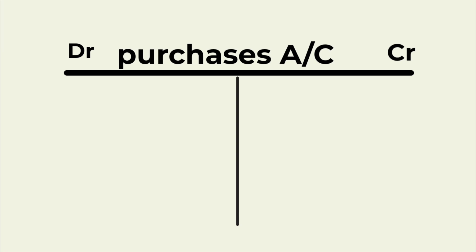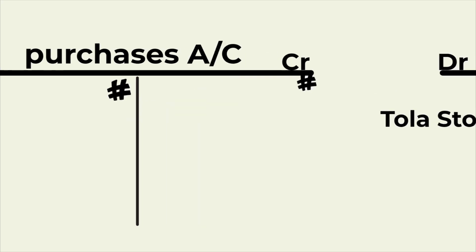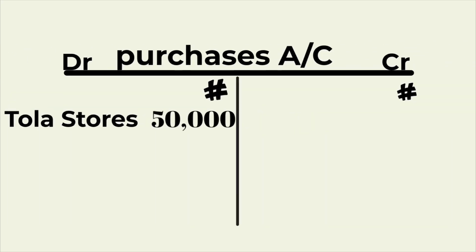So to indicate that purchases account is being debited, Tola stores will be written inside the particular column on the debit side of purchases account. Now, Tola stores is on the debit side and the amount of 50,000 naira equally written under the currency sign,